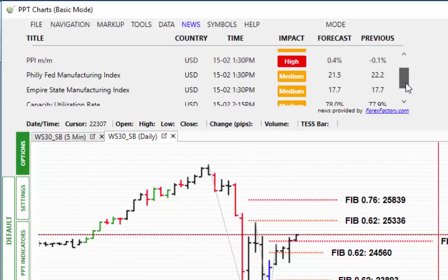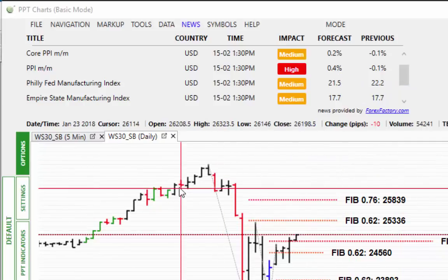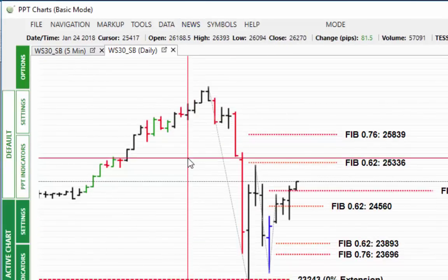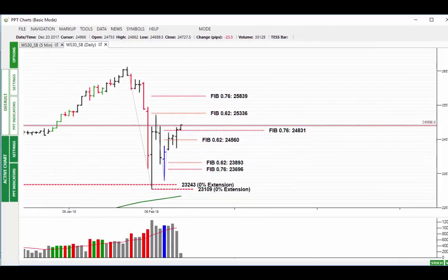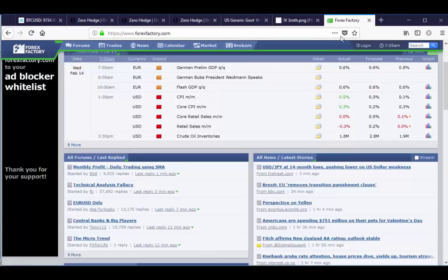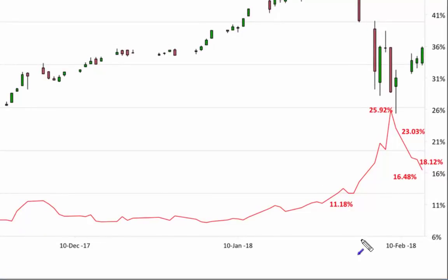Yeah, there's nothing else really, it's just those PPI figures, and they're forecast at quite a big jump as well, from 0.1 to 0.4, so you could see a bit of a wobble around there. It's interesting that the news now all of a sudden is being noticed by the market when it hasn't been for some time. In the implied volatility, this is down yesterday, which is quite staggering really, given the way the market